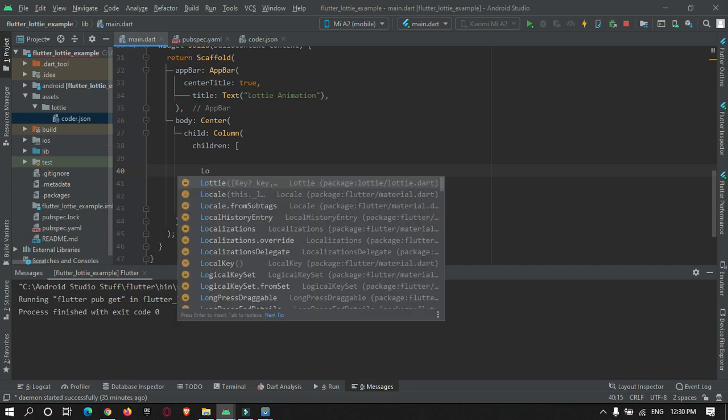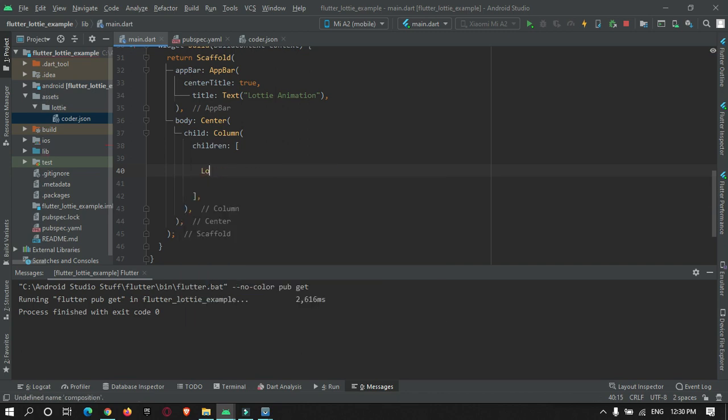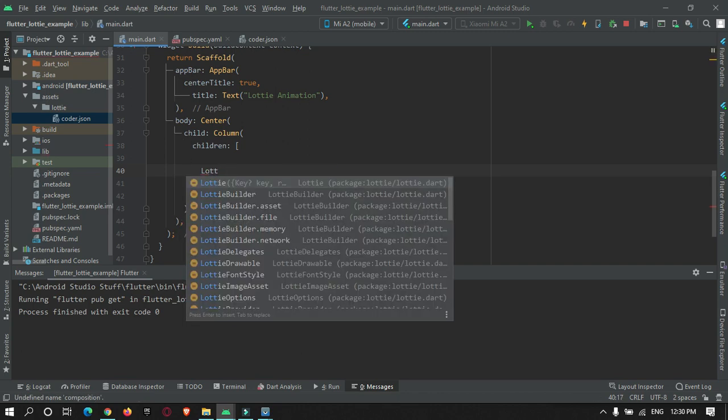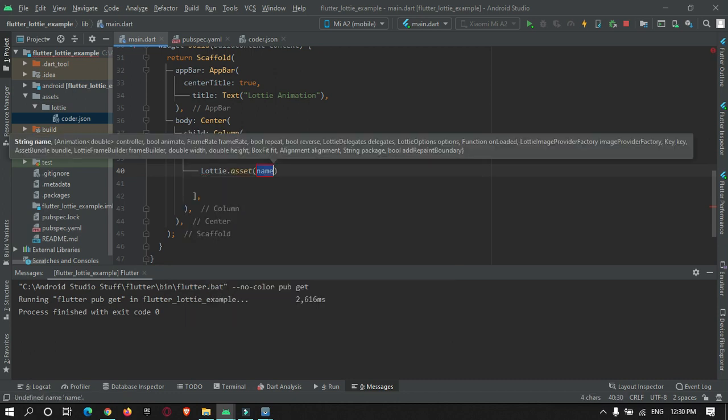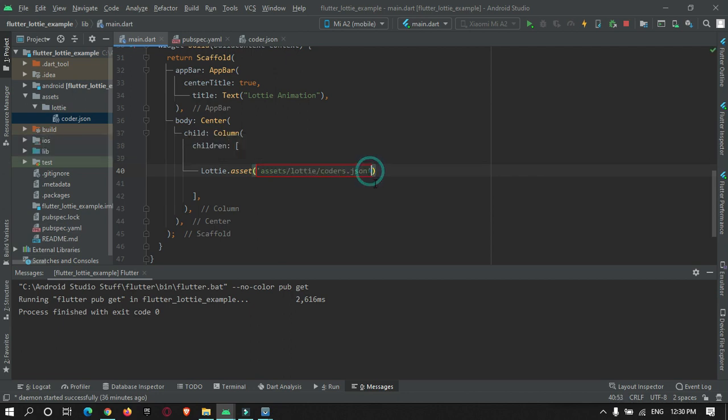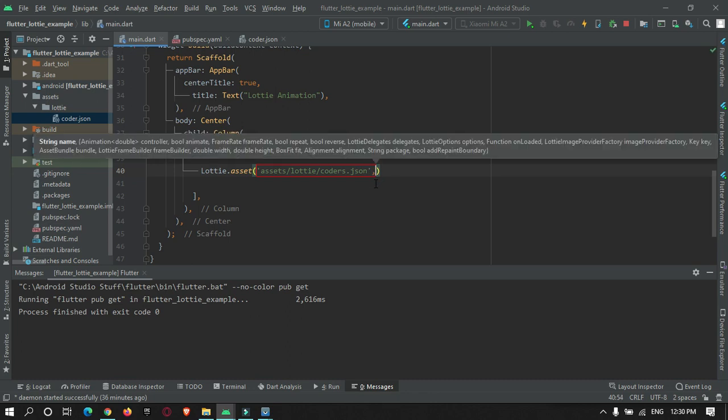So, Lottie.asset and the path of your file. Our path is assets, lottie, and the file name, coders.json. Then you can provide a size for this.